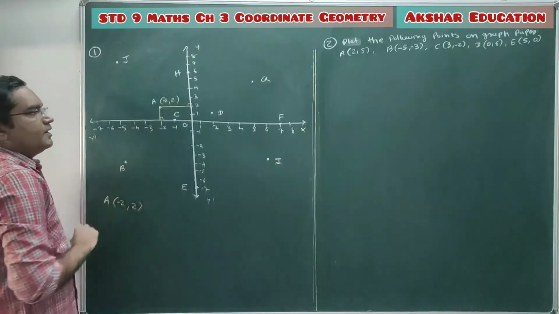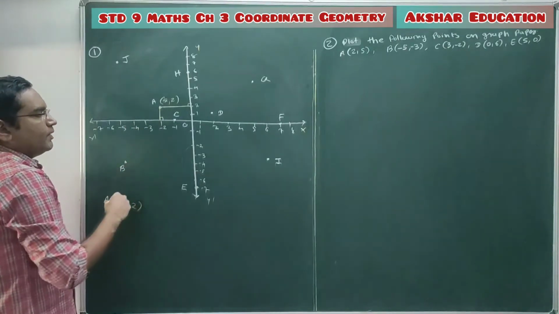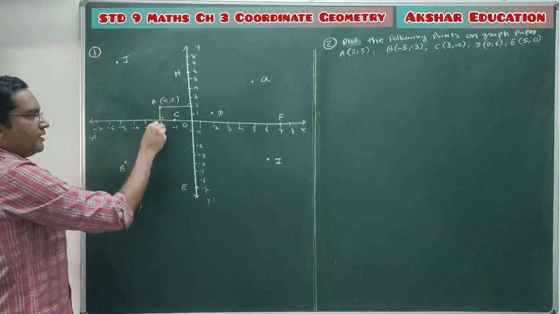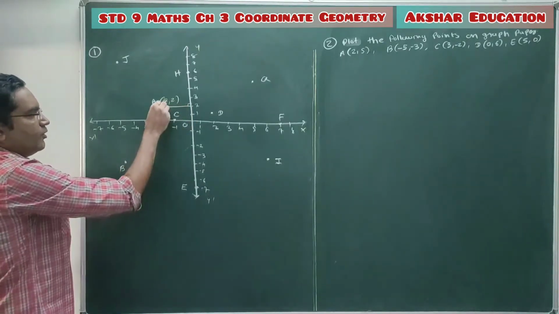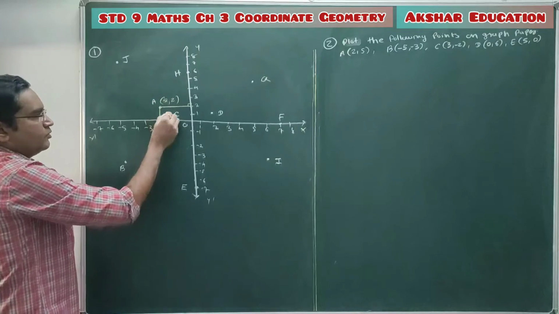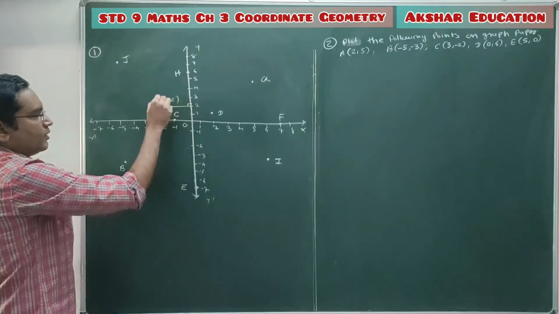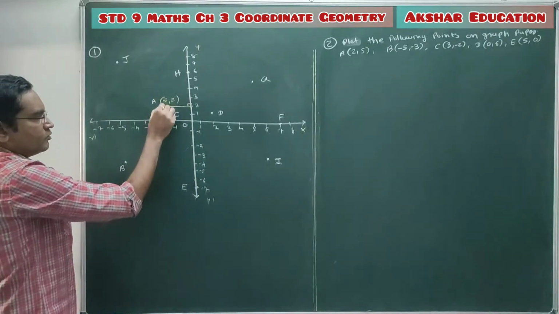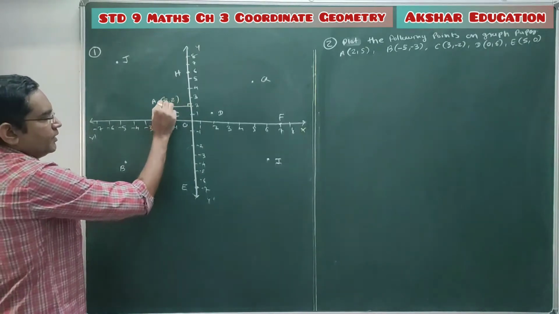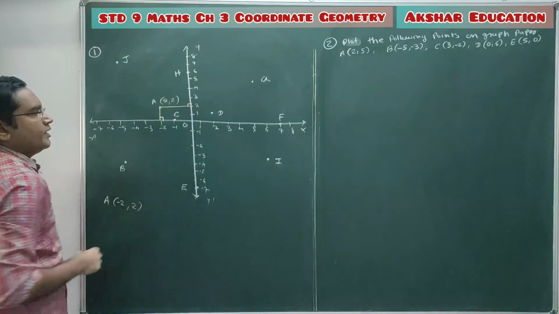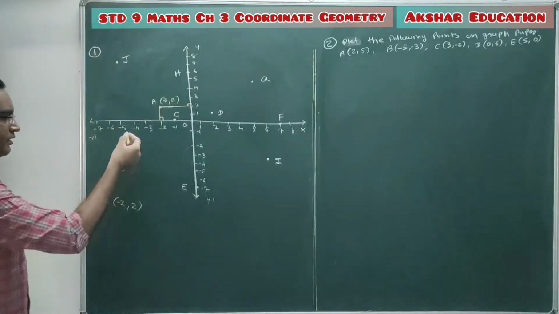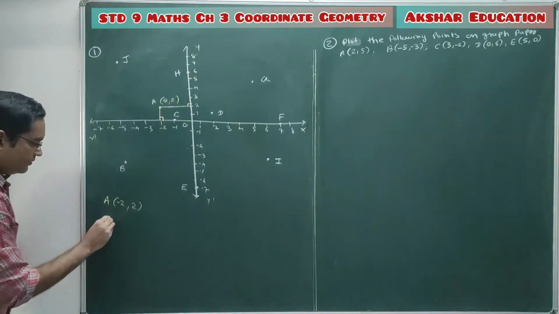अगर distance find करने में नहीं समझ में आ रहा है, so you can draw the perpendiculars from this point A on x axis and y axis. So from this point A, perpendicular on x axis is minus 2, and perpendicular on the y axis is 2. So perpendicular on x axis is minus 2, so x coordinate is minus 2, and perpendicular on y axis is 2, so y coordinate is 2. Likewise, you can write down the coordinates of B.